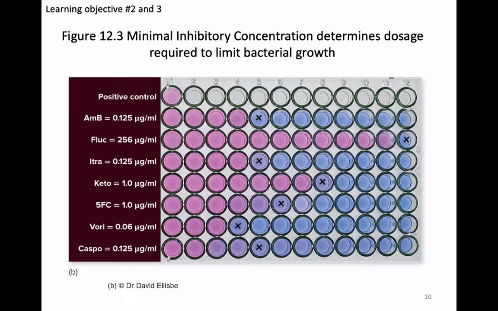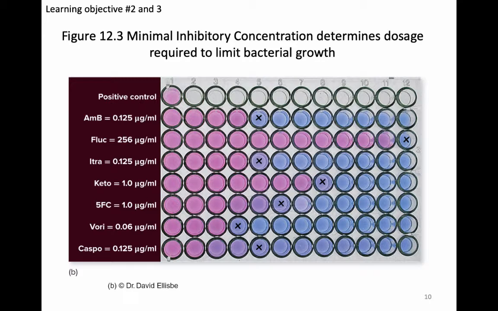So in the first antimicrobial, AMB, we see growth of the microbe in the first column, the second column, the third column, and the fourth column. But when we get to the fifth column, we have an X because the microbe is no longer able to grow at this high concentration of AMB, antimicrobial drug. So we would establish the MIC for AMB with this microbe as the concentration of AMB in the fifth column